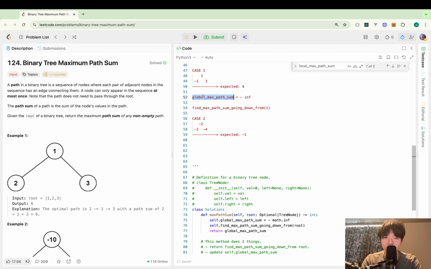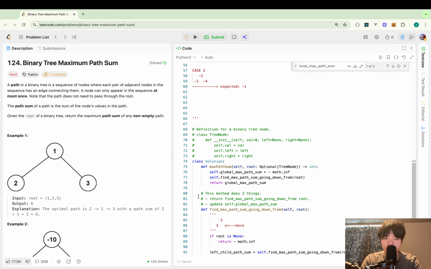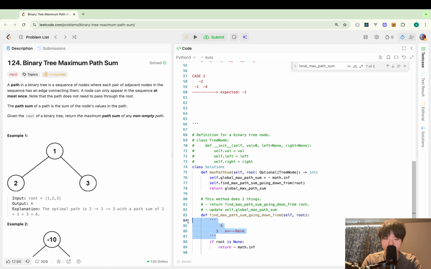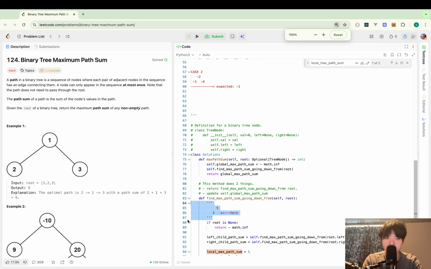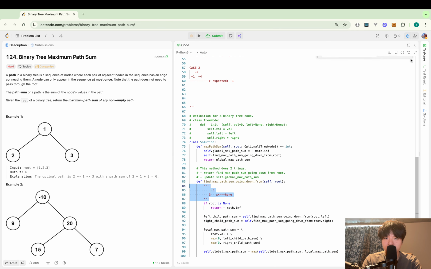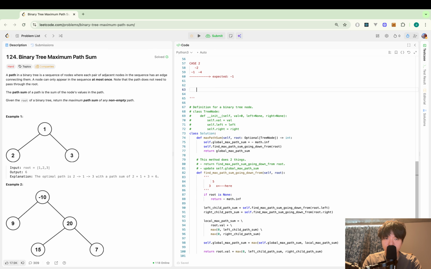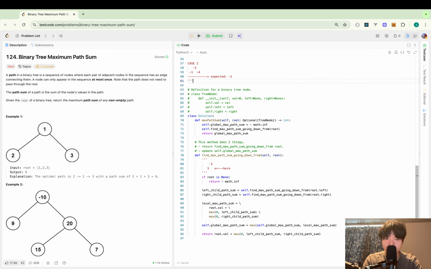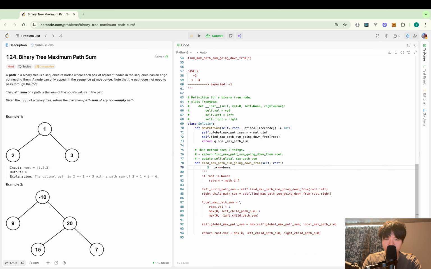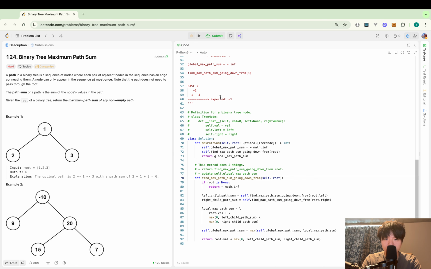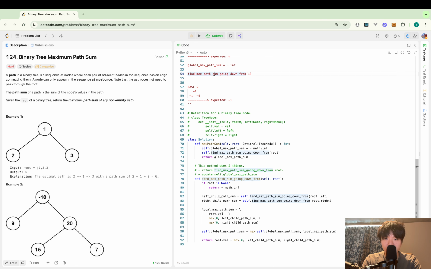Then I return this one in the end, global max path sum. So in this recursive function call,